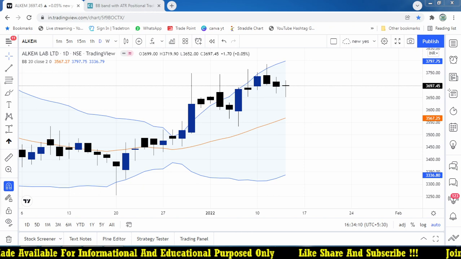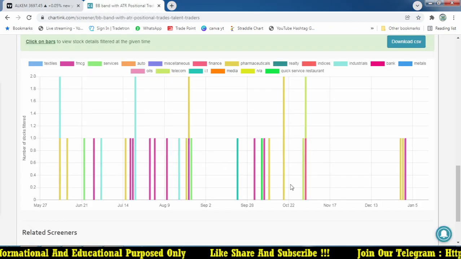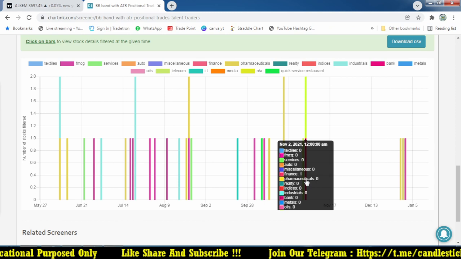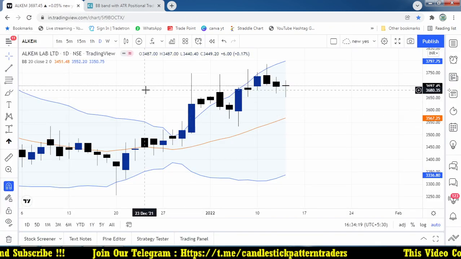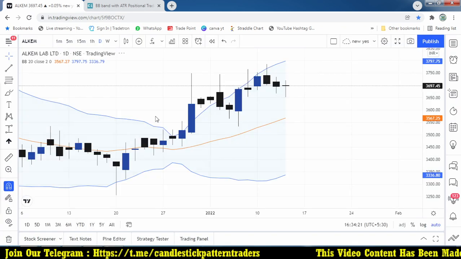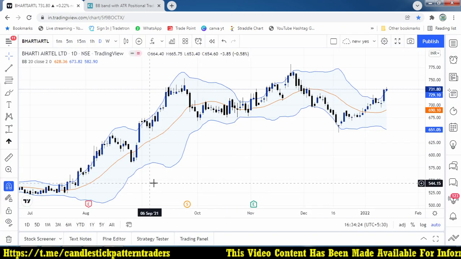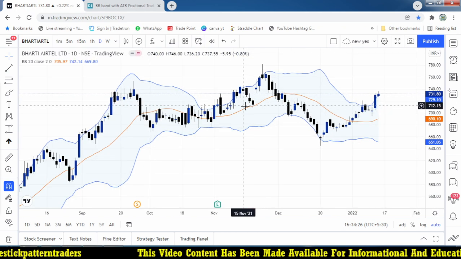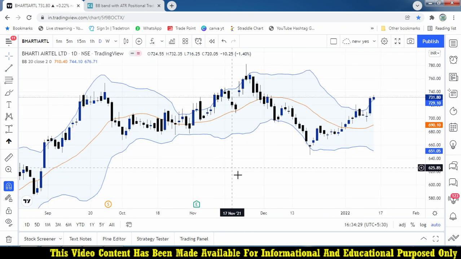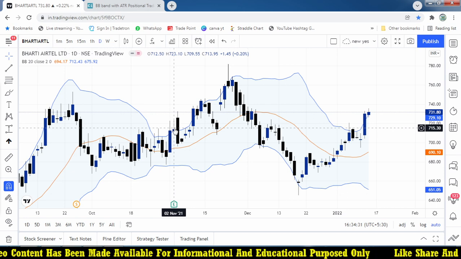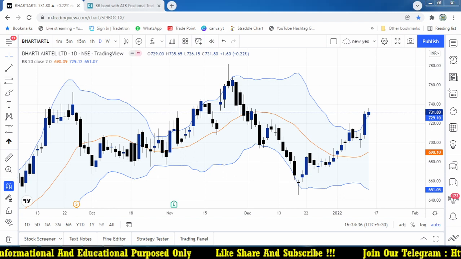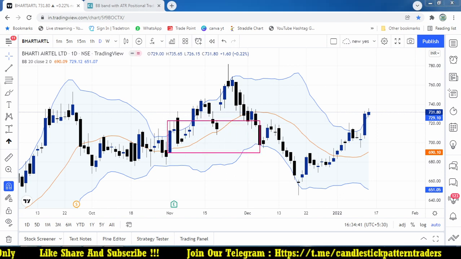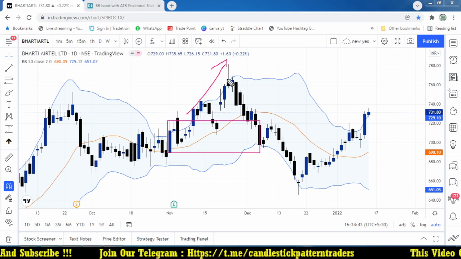We have a very small number of stocks by using this method, and before that we got, in November 2, Bharti Airtel and M&M Finance on 2nd November. So let me try it. Bharti Airtel, we have November 2. This is November 2. Sorry, this was November 2, I think. Yes. If I'm taking an entry here, this might be the stop loss. And what happened in this transaction? Should I make money here? Then the market is moving higher than that from November 2.